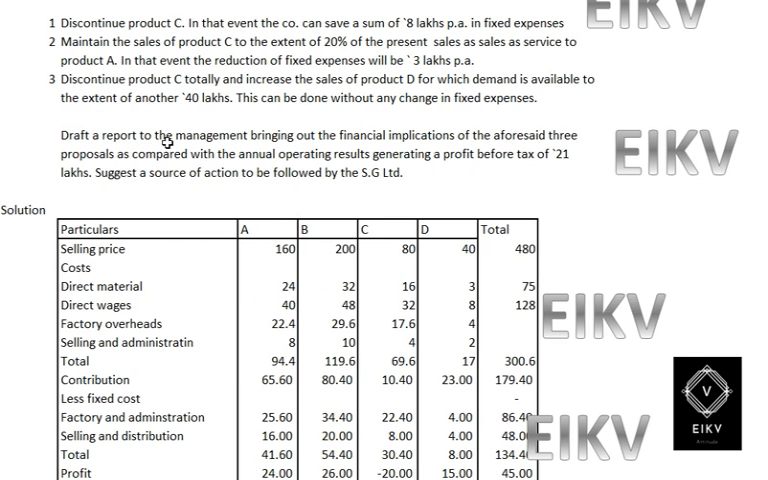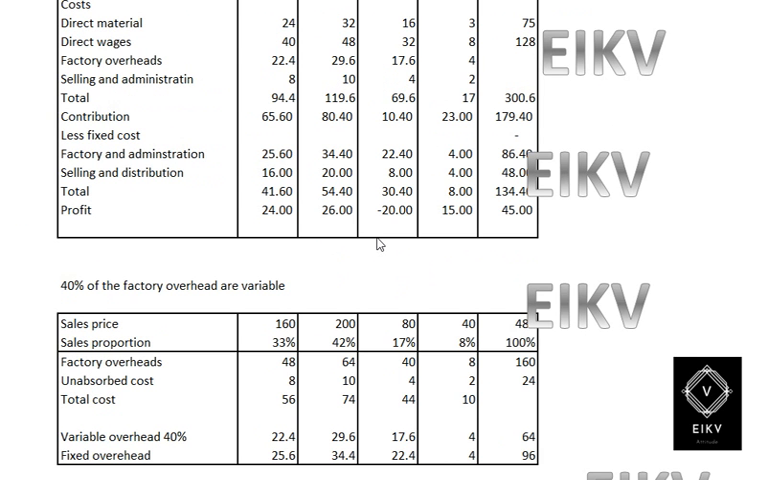And then the final requirement: draft a report to the management, bringing out the financial implications of the aforesaid three proposals as compared with the annual operation results, generating a profit before tax of 21 lakhs. Suggest a course of action. In this, going ahead with the solution, first you need to